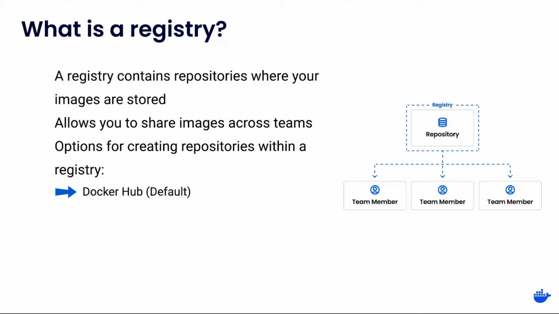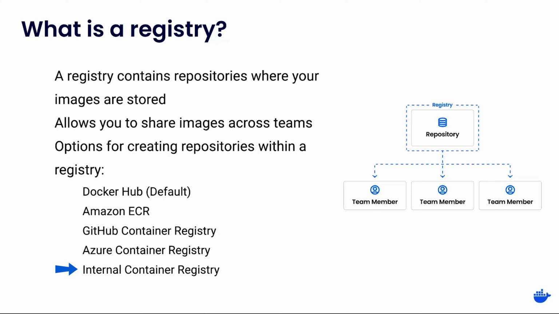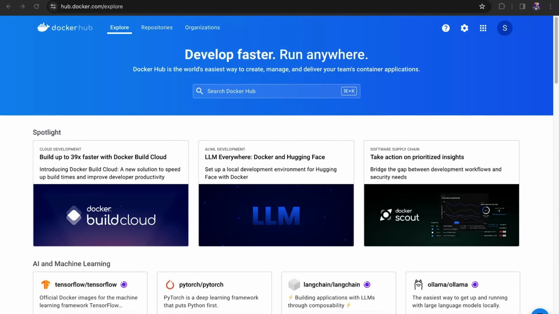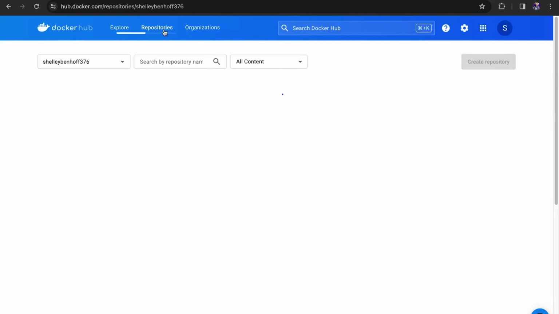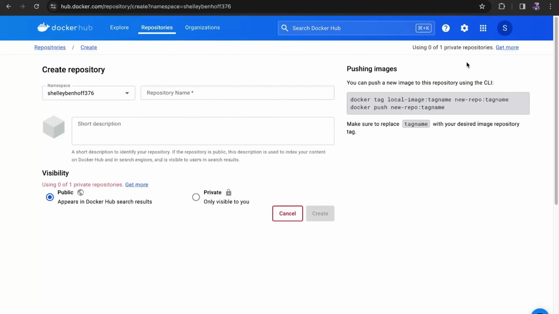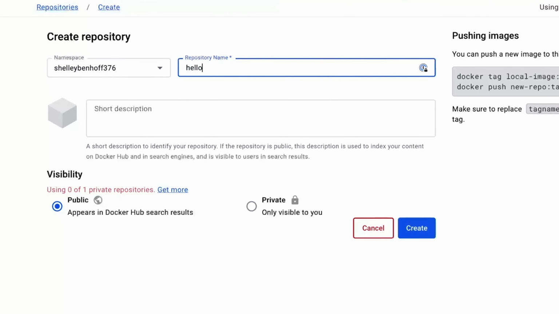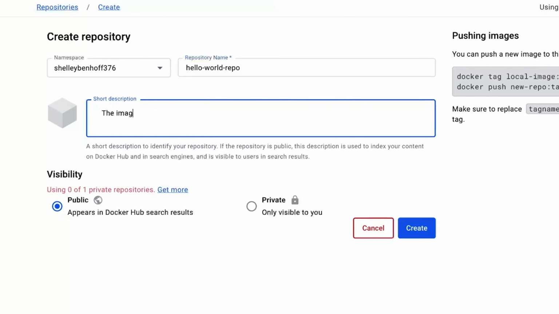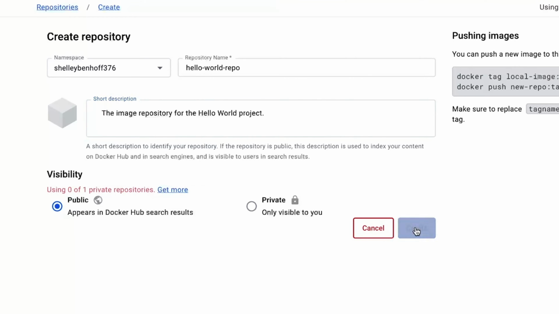There are several options available for creating repositories within a registry. Docker Hub is the default option, but there's also Amazon ECR, GitHub Container Registry, Azure Container Registry, or you can make an internal registry for your organization. The Docker Hub registry implementation is based on distribution. Docker Hub implements the Open Container Initiative, or OCI, distribution specification that defines an API protocol to facilitate and standardize the distribution of content. Every registry option available uses the same OCI specification so that you can easily manage your